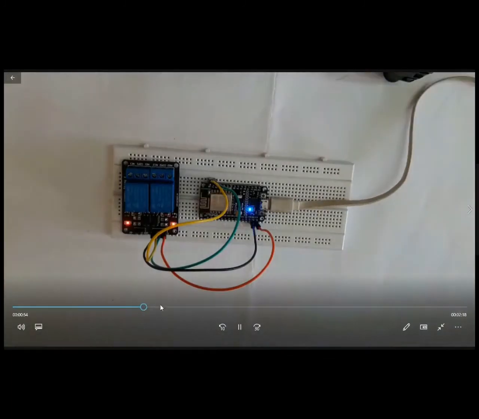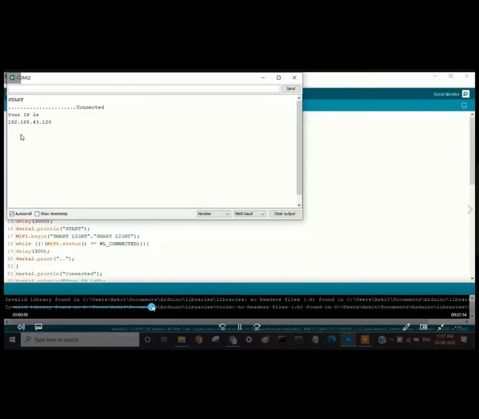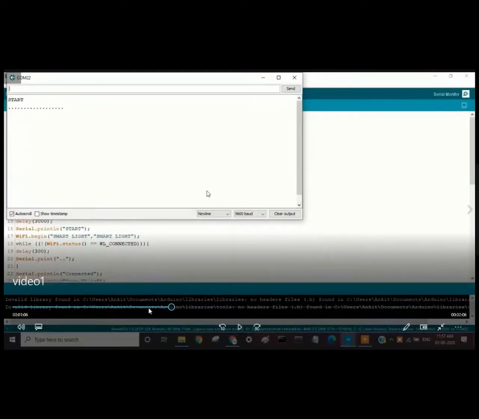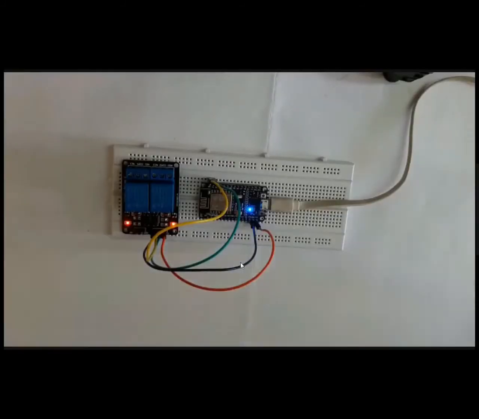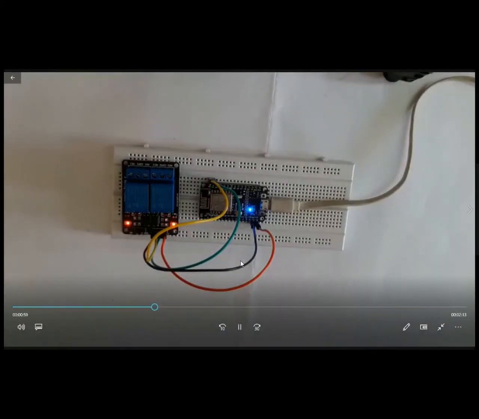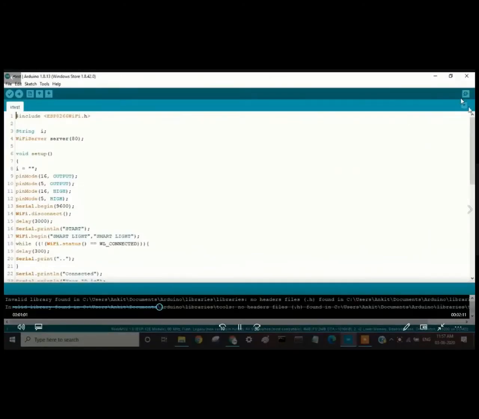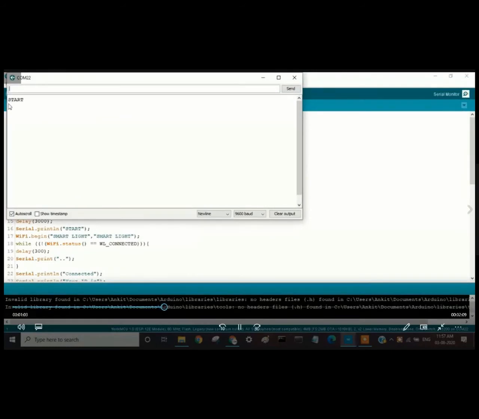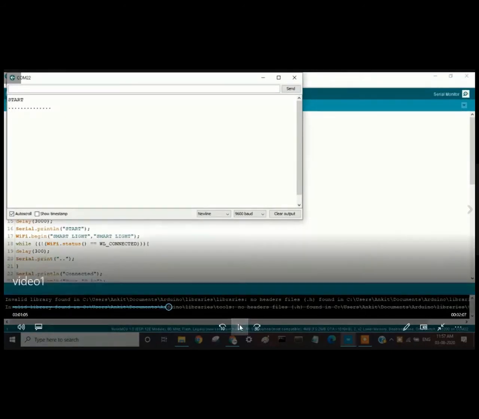So after the connection is done according to our circuit diagram, here we can see that the connection is done. So what happens when you start the serial monitor? Now here you can see that. See, when I start the serial monitor, here it will show that start, and you can see that the dots